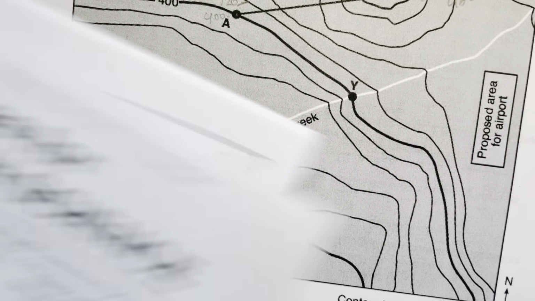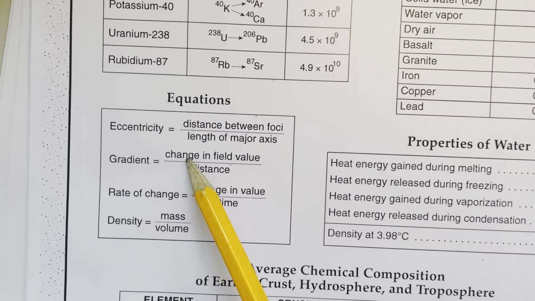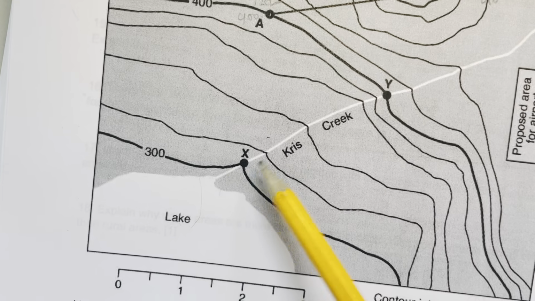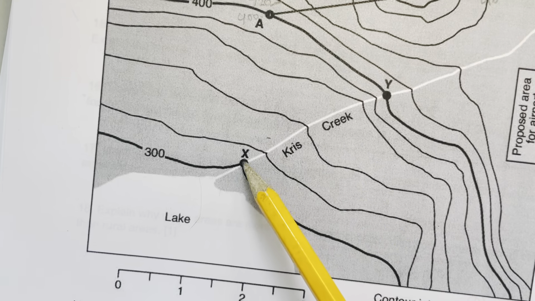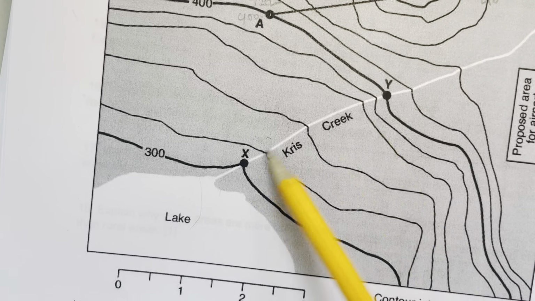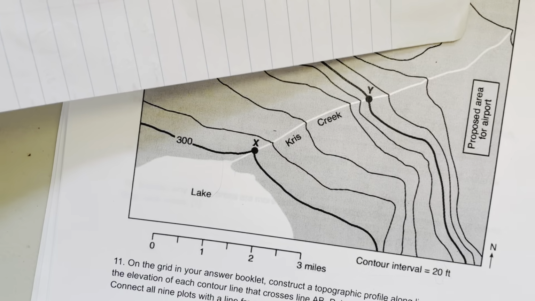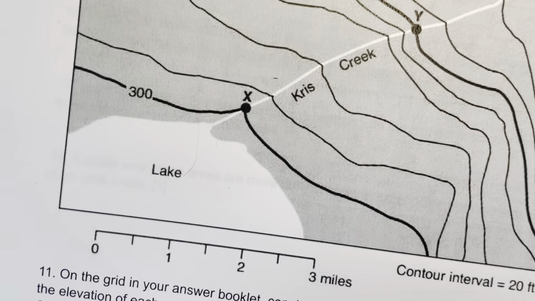If you go back to your reference table, page 1, you'll see that the equation for gradient is change in field value divided by distance. In other words, we need to find the change in field value, meaning the difference in elevation between X and Y, and then find the distance between X and Y. Divide that by the distance between X and Y, and I should have my gradient. And for gradient and topographic profiles, you're going to need a piece of scrap paper. So let's start with